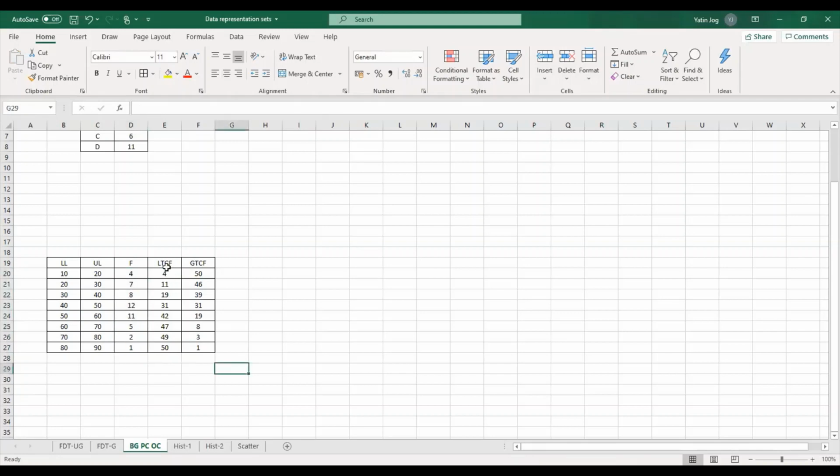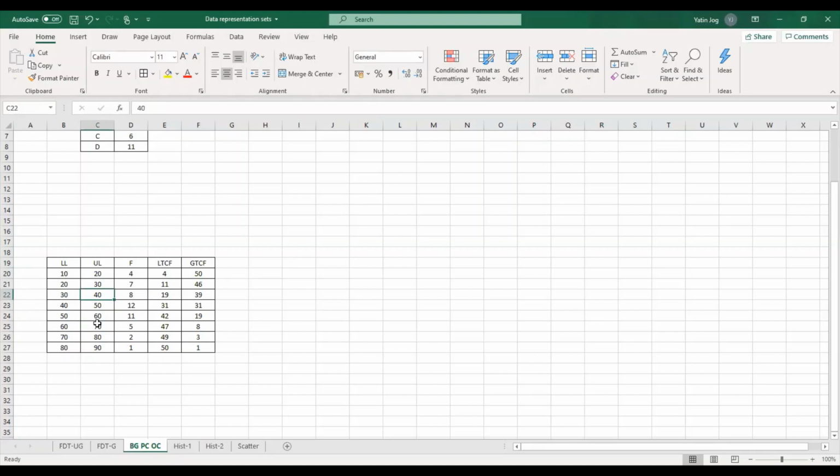Fine. Now, what is the meaning of less than cumulative frequency? What is the use of less than cumulative frequency? Suppose I ask you how many observations I have below 40? In that case, to count the number of observations below 40, I have to start counting all the observations from the 10 to 20 class interval, 20 to 30, and then 30 to 40. That means 4 plus 7 plus 8. That becomes 19. So when I want to check how many observations are under or lesser than the upper limit of any class interval, I have to go for the less than cumulative frequency.